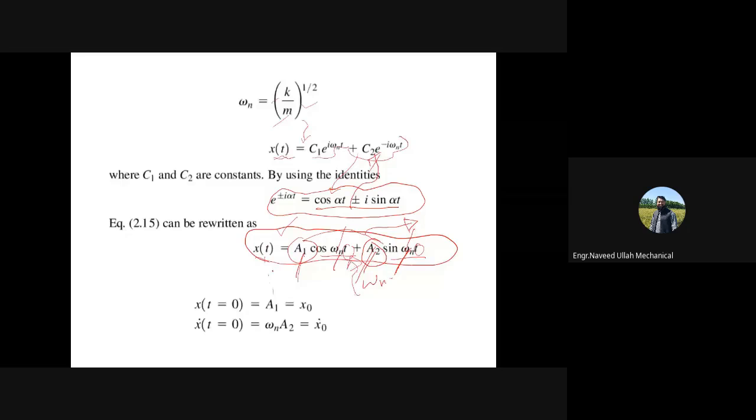ठीक है, and you can even plot that, ठीक है। तो आप जो है ना t against x of t जो है वो आप प्लॉट कर सकते हैं, और वो प्लॉट बेसिकली आपको बताता है कि now at this particular instant of time the mass is this much distance away from equilibrium position. So at any instant you can track the position of the mass, इसलिए जो है ना इसको हम गवर्निंग इक्वेशन कहते हैं, ठीक है। अब इसको थोड़ा सा एलाबोरेट करते हैं, और वो क्या है कि these are the initial condition।